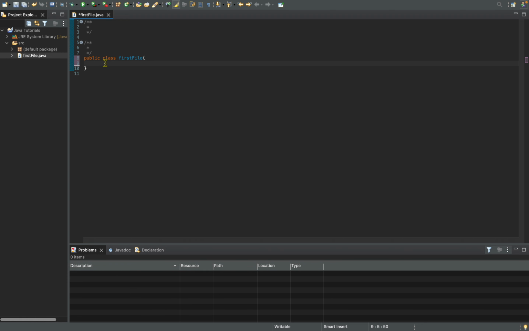Now, inside of our class, we need to have a main method. Our main method is basically what allows us to run our Java program. It is typically required in every program that you want to execute, as the main method is what will call your Java code. So for us to create a main method, it will start off with public,